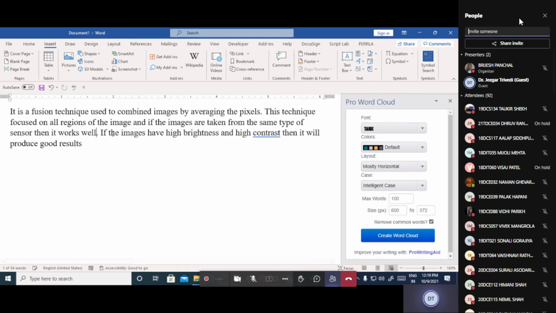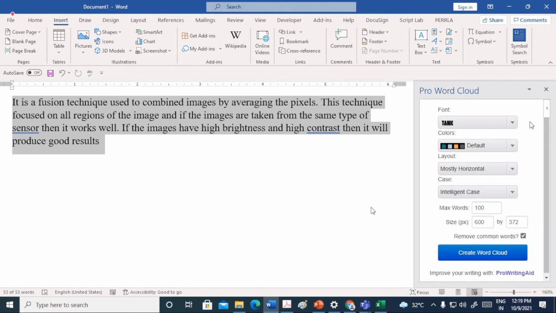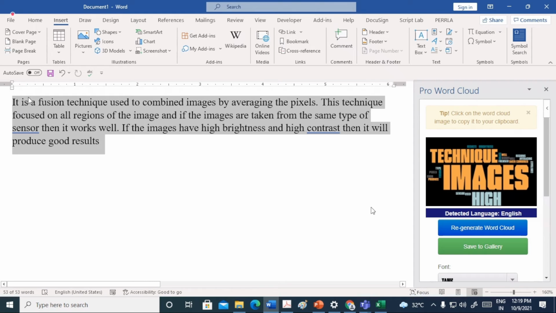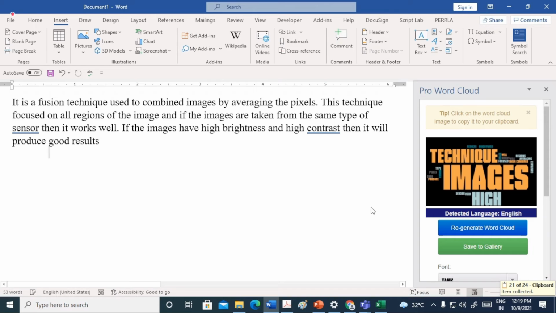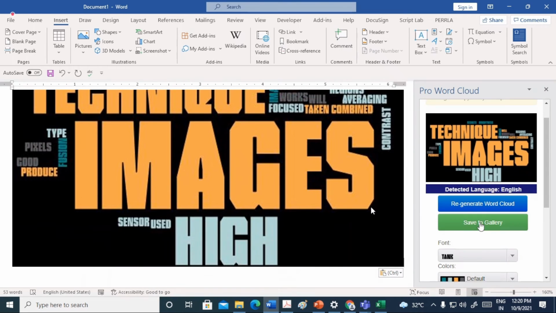I'll remove this. Select the text and you can click on create word cloud. So from this text it has generated a cloud. You can copy this image and paste it over here. This is called a word cloud.